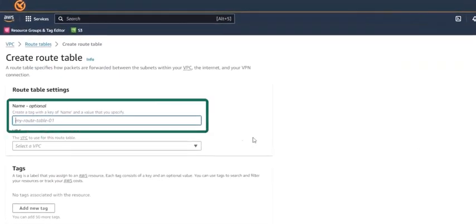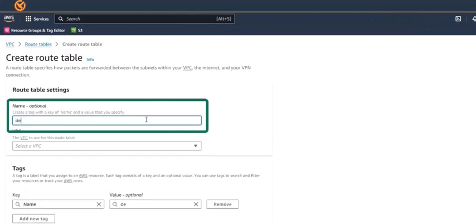And we are going to call this demo private subnet gateway route table, and enter that name in the name field.